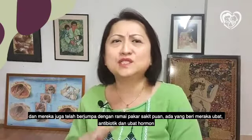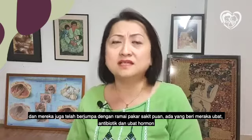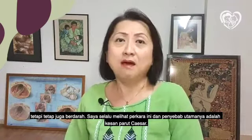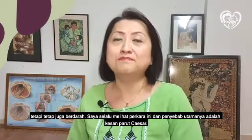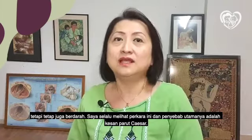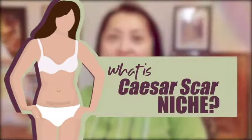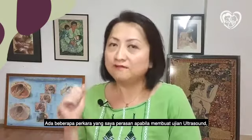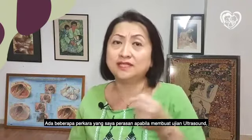And they have seen so many gynaes. Some gynaes give medicine, some give antibiotics, some give hormone tablets, but still the spotting continues. I have been seeing this problem, and I have been telling the patient, this is because of your Caesar scar. There are a few things I've noticed on and off when we do an ultrasound scan on a lady who